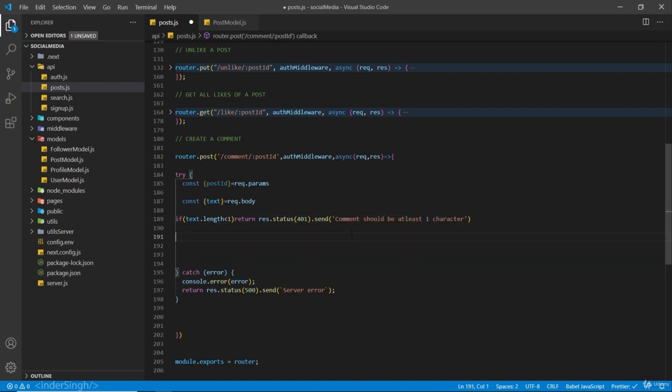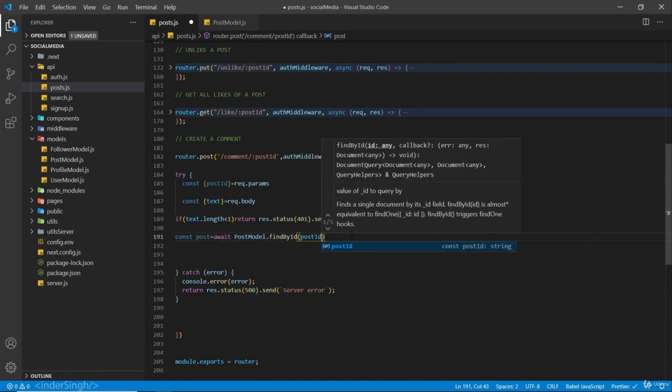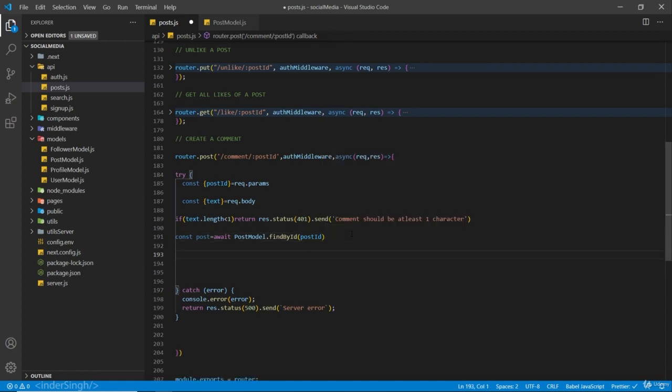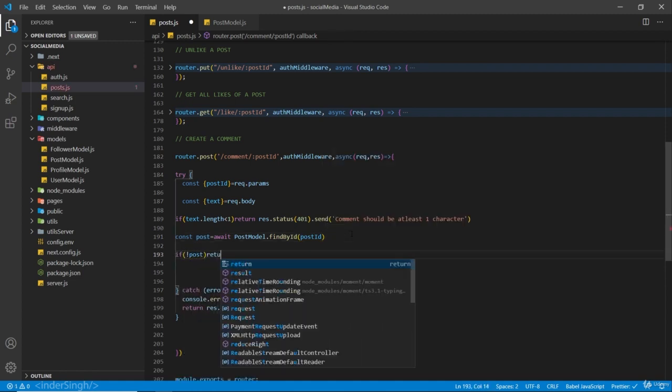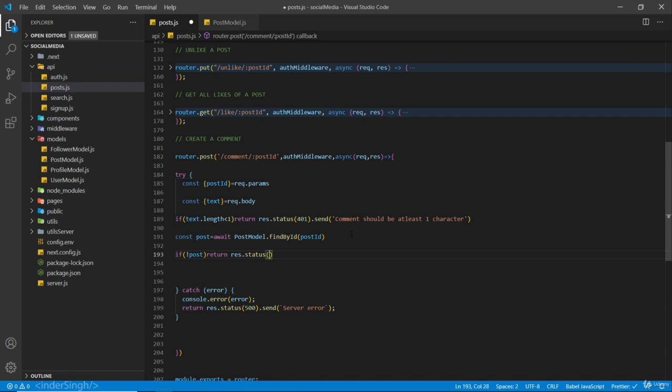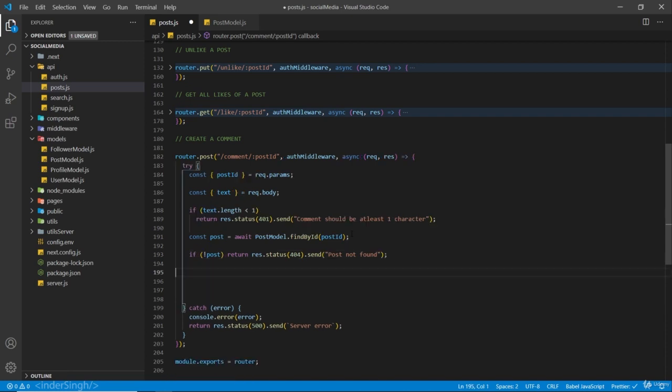So after this, we are going to check for the post if there is any post in the database with this ID. So const post equals await postModel.findById, the post ID, and if no post, again just return res.status(404).send("post not found"). After this, I'm going to create a new object here, new comment,